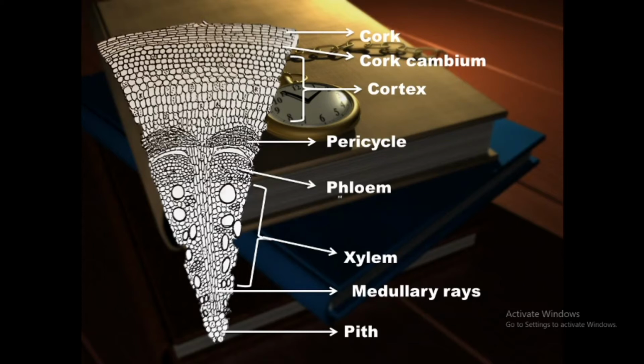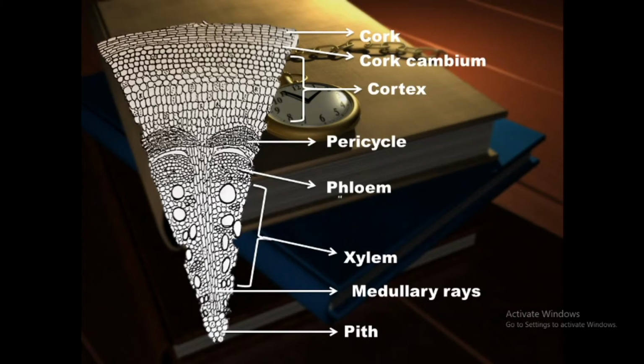Next, the transverse section shows the presence of phloem below the pericycle. This phloem appears like caps over the metaxylem. Here you can see just below the phloem is the xylem. In the phloem, calcium oxalate crystals are present. So calcium oxalate crystals are present in the cortex as well as in the phloem. Then just below the phloem is the xylem.